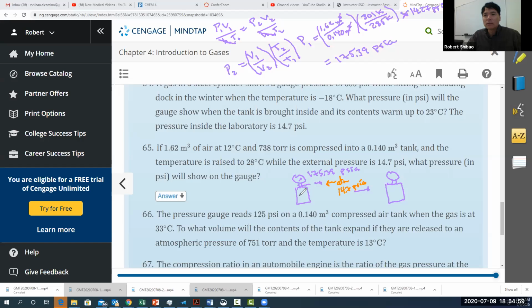And inside the tank, we have 175 pounds trying to force its way out. And so what's going to happen is the compressed air is going to be forced out until the two pressures equal. And so when do the two pressures equal? When the two pressures equal, well, nothing's happening with the atmospheric pressure. That's going to stay at 14.7 PSIA. However, inside this tank, it's going to stop leaking out when the gauge pressure hits